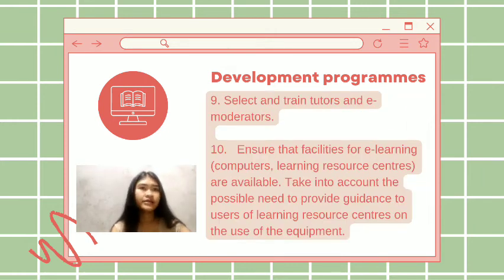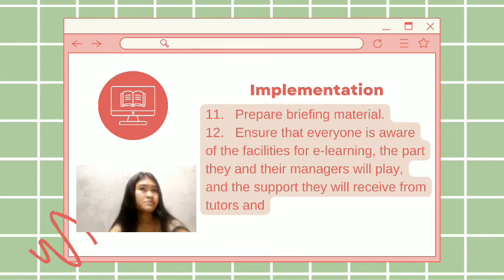So next, select and train tutors and e-moderators. Next, ensure the facilities for e-learning, such as computers and learning resource centers, are available. Take into account the possible need to provide guidance to users of learning resource centers on the use of the equipment. So next is implementation,